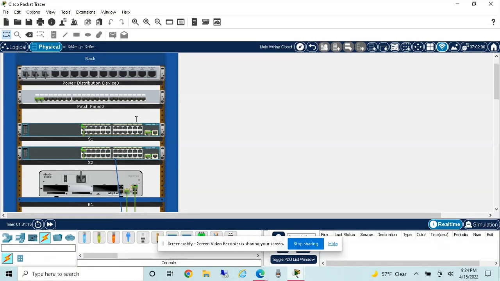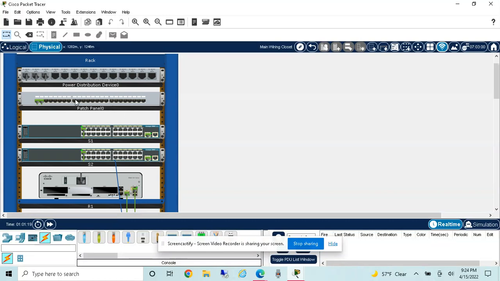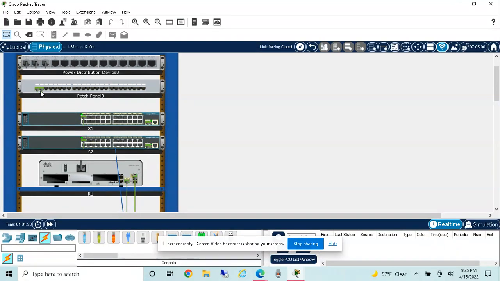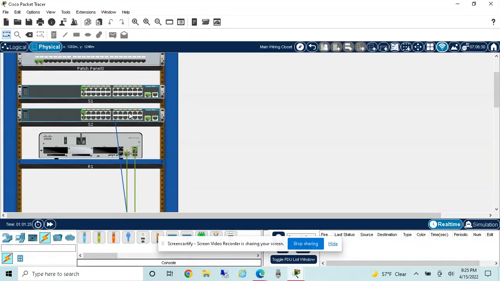So we selected PCs, we created wall mounts, connected to wall mounts, and we went into the wiring closet, put down the patch panel, connected the wall mounts to the patch panel, mounted 2 switches, mounted the router, which is how you do it in real life, screwed it into the rack, and